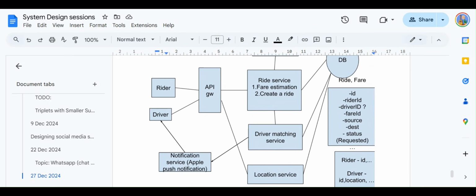So this way the system will know that this driver is already busy right now, so the system will not even attempt to send a request to the driver. Basically the new request will not even go to him, it will go to a second driver from the search and ranking model that we had.